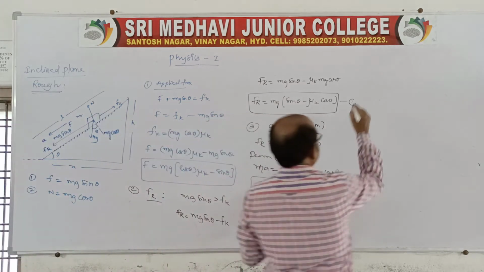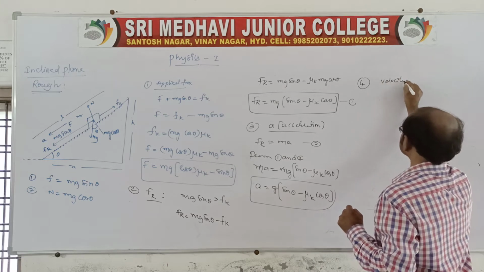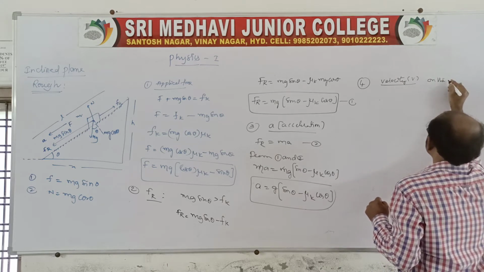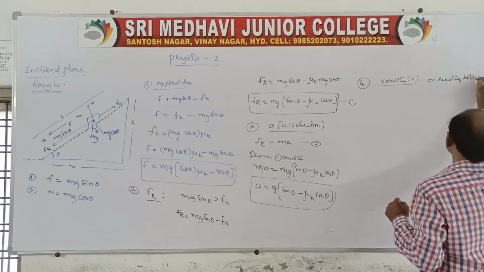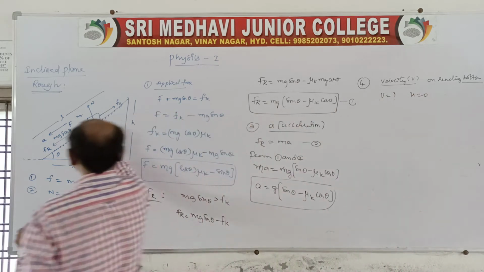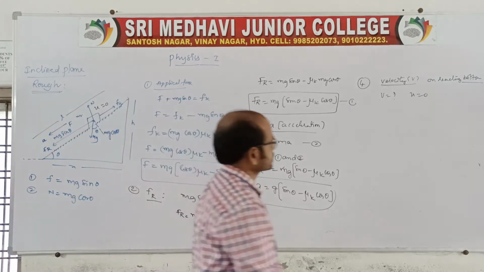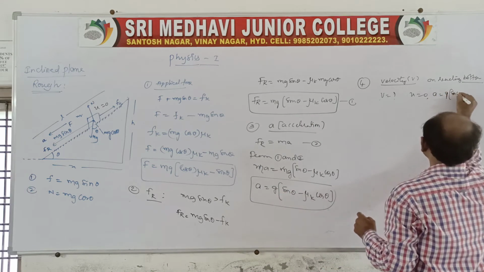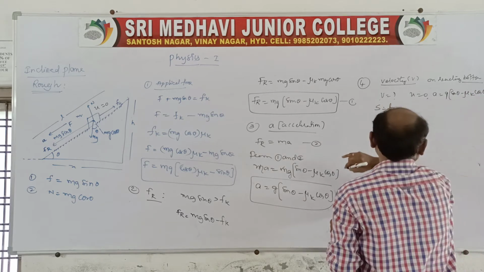Now let us go for the fourth one, that is velocity on reaching the bottom. On reaching the bottom we have to get V, and again it is sliding down like a freely falling body. You say u is equal to 0, and of course it is accelerating with an acceleration g within the bracket sin theta minus mu k cos theta, and here the length of the plane you take as L, right?